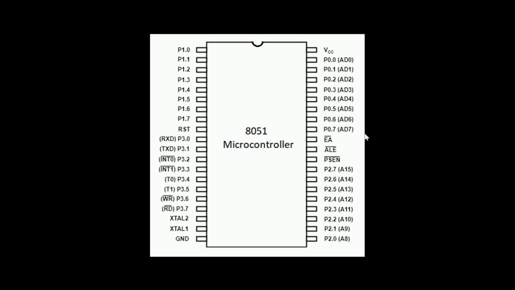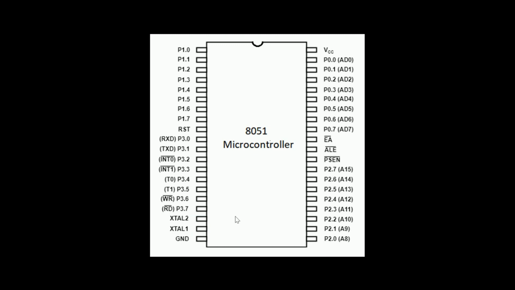So let's start with the first signal, which is your VCC and ground. VCC, if you see here, is located at this position. From the name itself, it is understood that it is connected to a plus 5 volt supply. And your ground is here, just diagonally opposite on this IC, and it is also called VSS, which is your ground reference voltage.